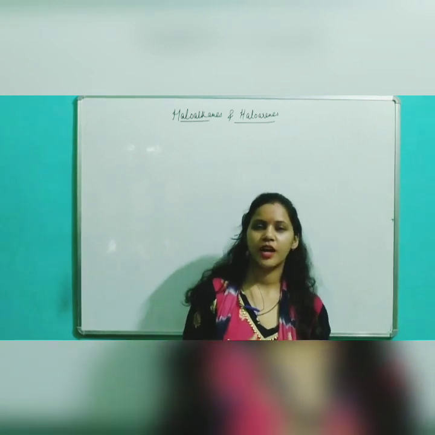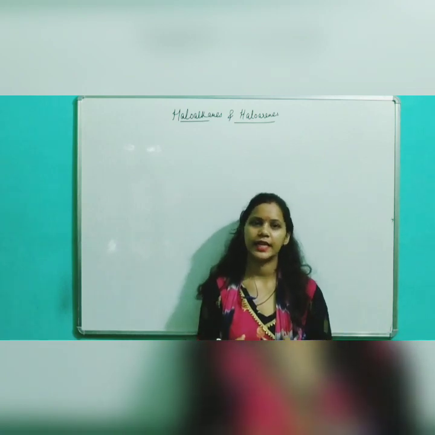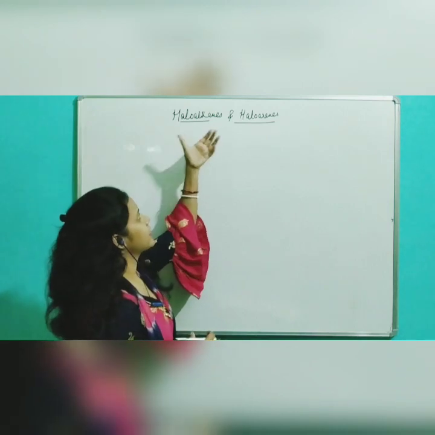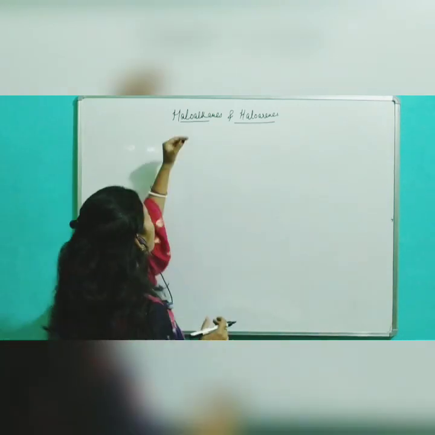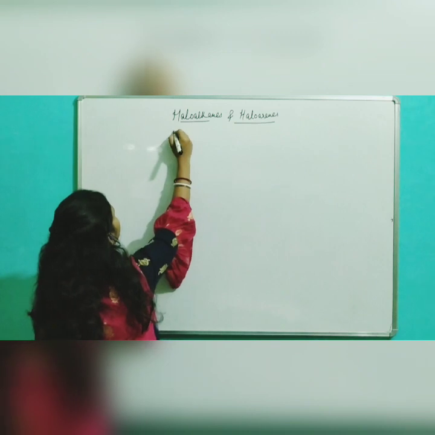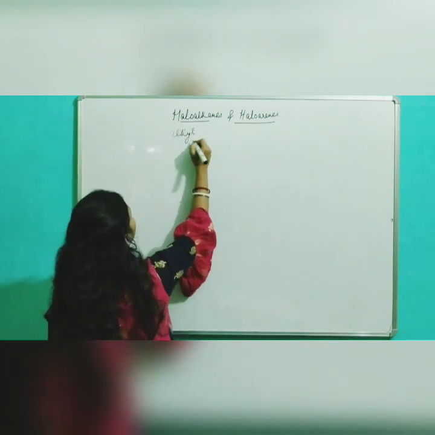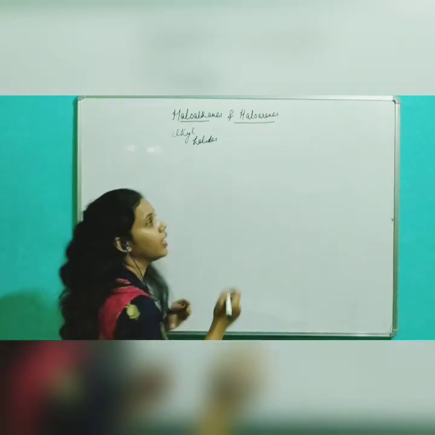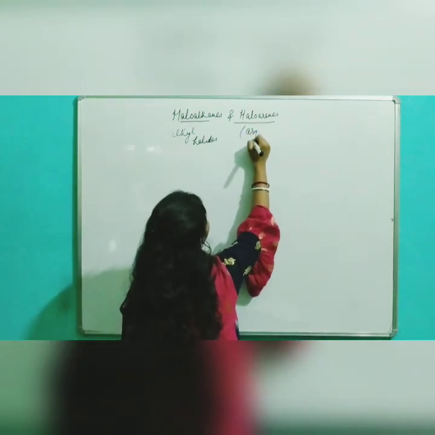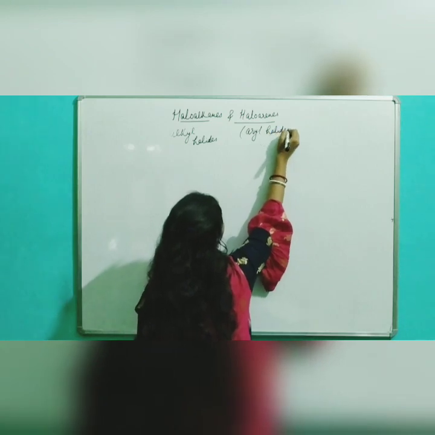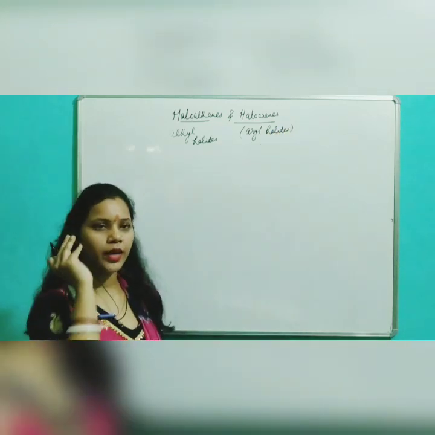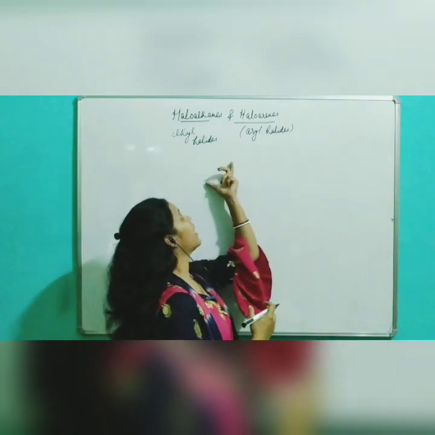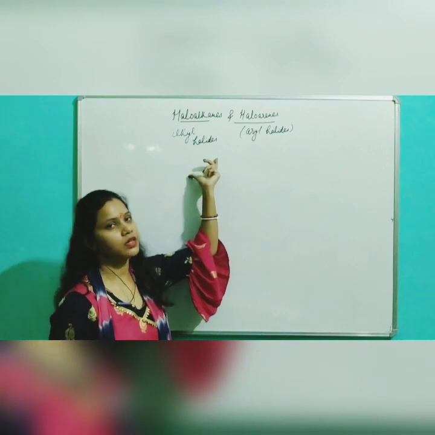So we are going to start a new topic, that is haloalkanes and haloarenes. Haloalkanes, we can also say, are alkyl halides, and haloarenes are aryl halides, as the name suggests. Alkyl halides are compounds in which a halogen atom is attached to a carbon,